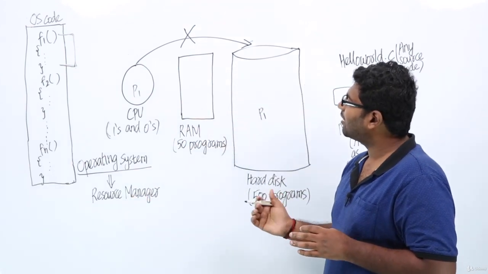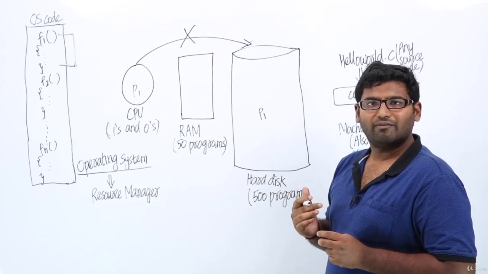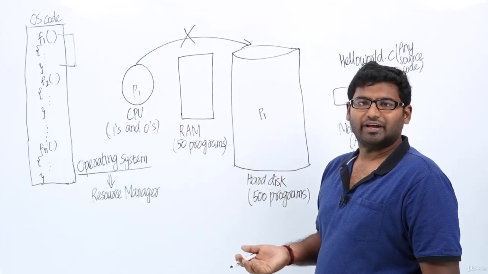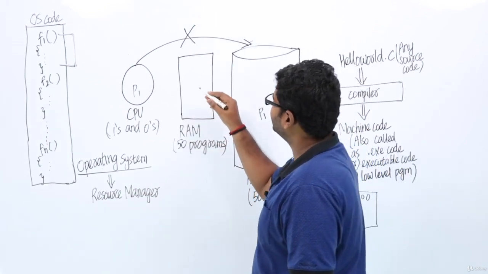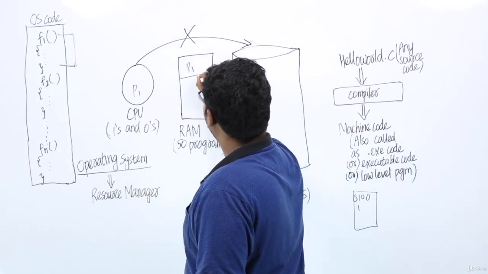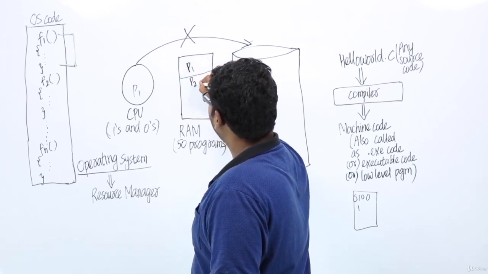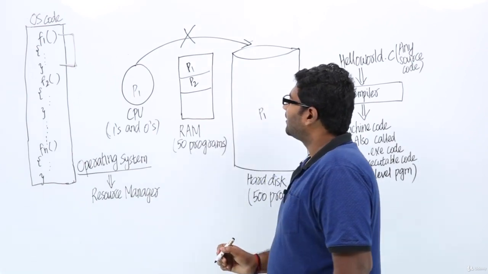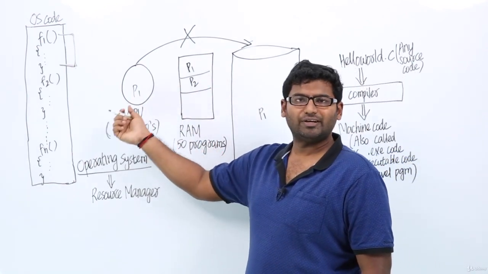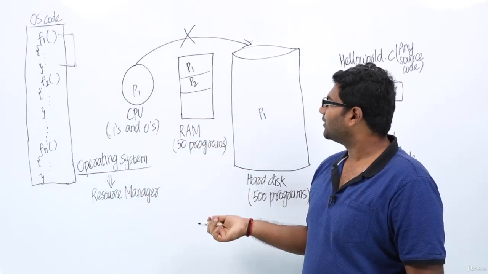Similarly, there are a lot of resource allocation schemes which are necessary to make our computer work. For example, let me come up with another scenario. Let us assume we have two processes named P1 and P2 inside our RAM, right? Now our CPU needs to fetch the program and then it needs to execute it.